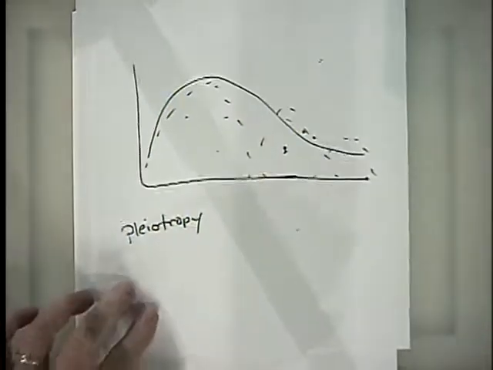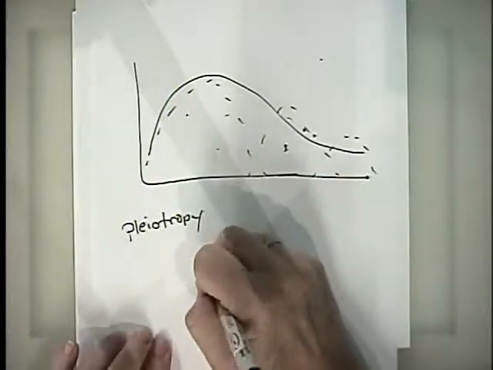So pleiotropy refers to the fact when we have, in the simplest case, one single gene. It can be many genes, it can also be polygenic, but just think of the case where we have one single gene that influences the variation in two traits simultaneously. So the way that we can think about that is, let's say we have a gene here,